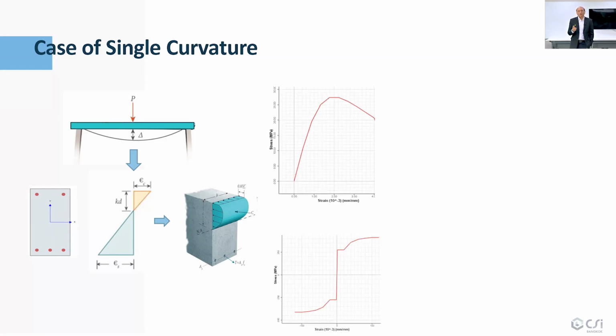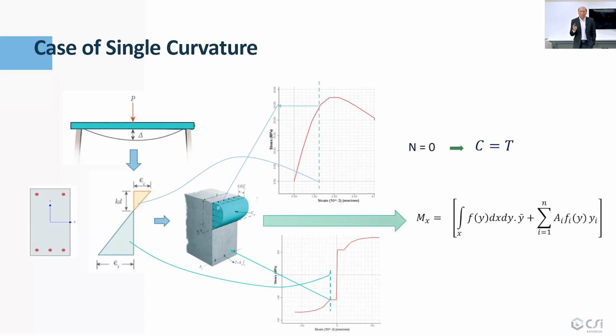And using the same concept, we can extend the same way. We can look at the strain for 0.003 and then the corresponding stress, and the same for the steel, and then we can assume that this is an equilibrium, no axial load. Then we can write this equation for the bending moment capacity, once again the same way